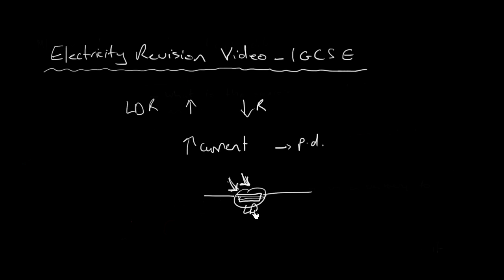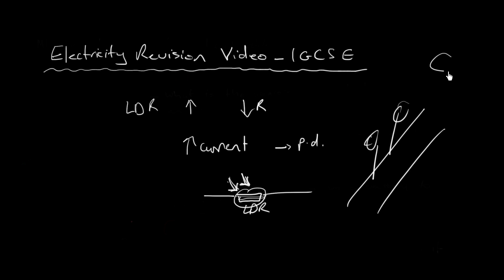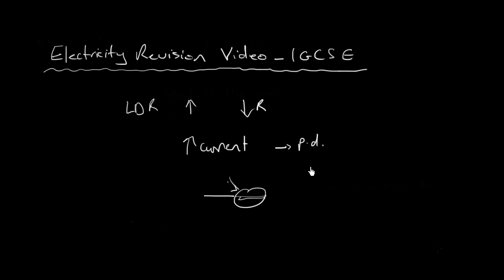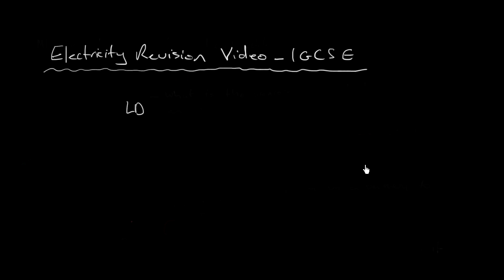That's an LDR, and that is used in lots of circuits for responding to the lighting conditions. For example, on a street lamp, if you have your street like this and you have lamps like that, then very often you have LDRs on the street lamps, so that when the lighting conditions change, then the resistance of those sensors change, and then they can be used to activate a circuit to turn on or turn off, depending on whether there's a lot of light from the sun shining onto it or not. So you can use these light dependent resistors as sensors for noticing what's going on in the environment and responding to it, activating another circuit, and